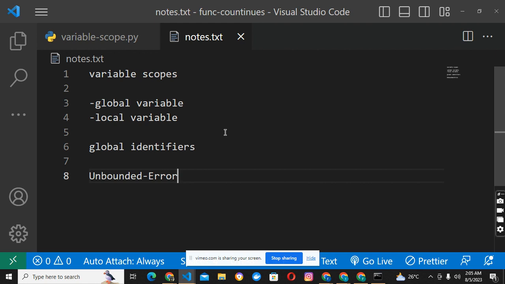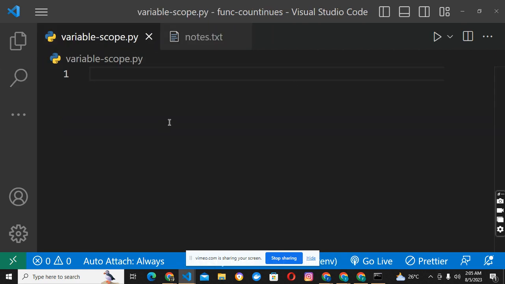It's a kind of exception that is raised because the variable is uninitialized or unbound. You understand? Local variable. So that is that. So let's see how this is working in practical. Let's say we have